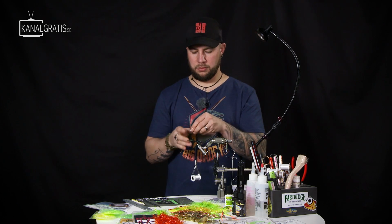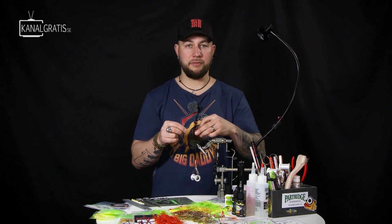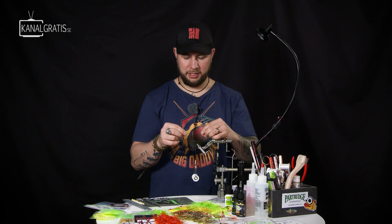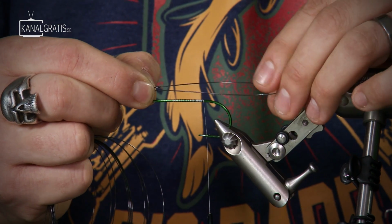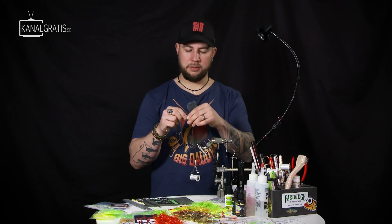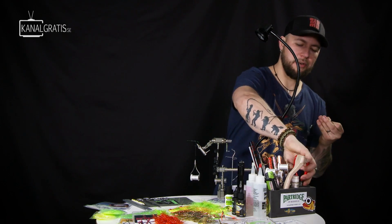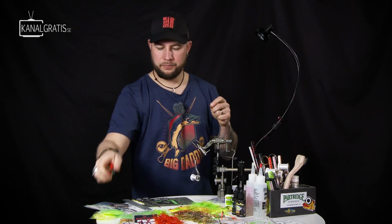So take this, it's called the Bauer pike wire, but it's 55 pound single strand titanium. We want that wire to stick out a little bit longer than the hook shank is. That's fairly the right amount. We just take a wire cutter, cut that off,